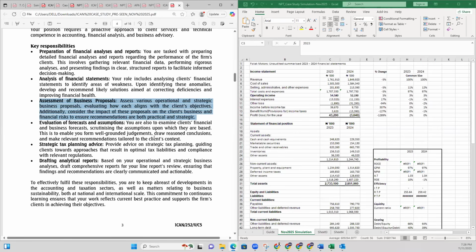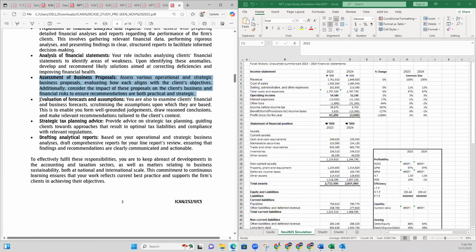Yes. Okay. And then the other thing in your JD is it says evaluation of forecast and assumption. You are also to examine client financial statement and business forecast, scrutinizing the assumptions upon which they are based, and this is to enable a well-grounded judgment, draw reasonable conclusions, and make recommendation at the end of the day. So it's always very important that you are open to forecast. And if you're thinking about forecast,